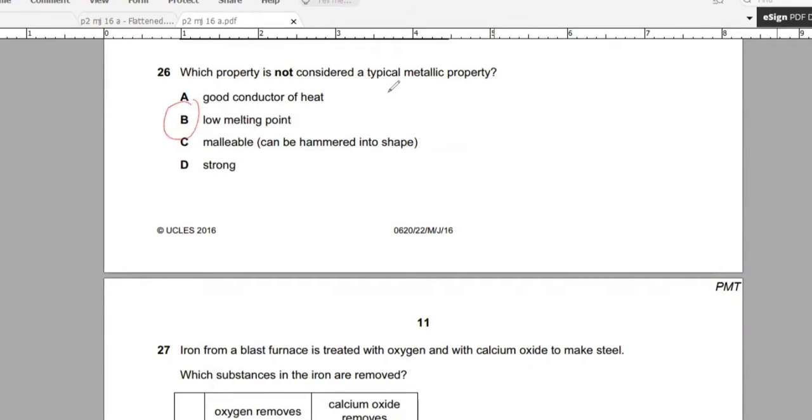It is not a property of metals. So low melting point is not a property of metals. Answer is B. Clear? Now